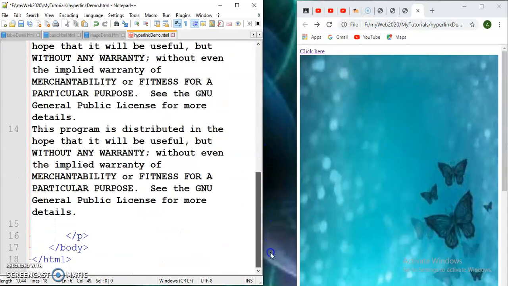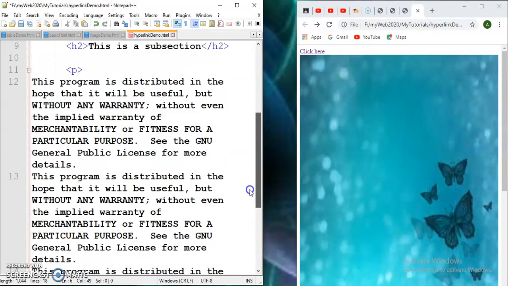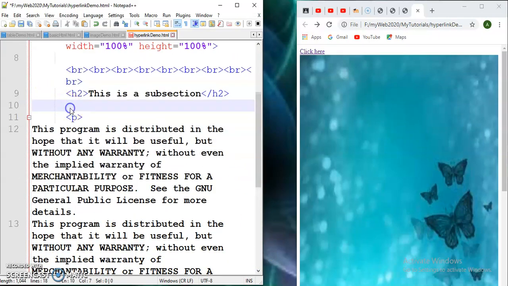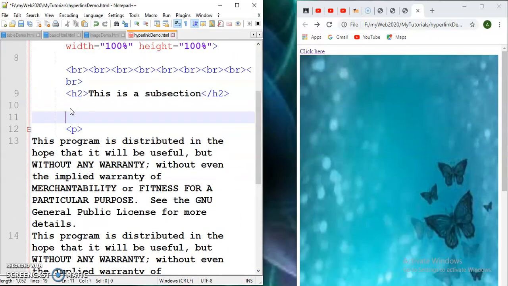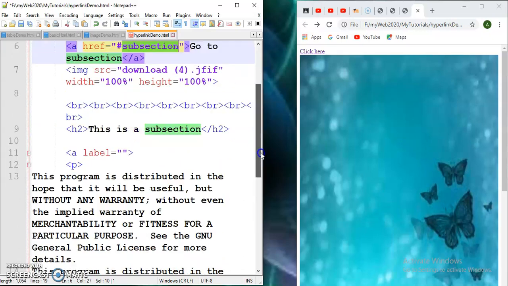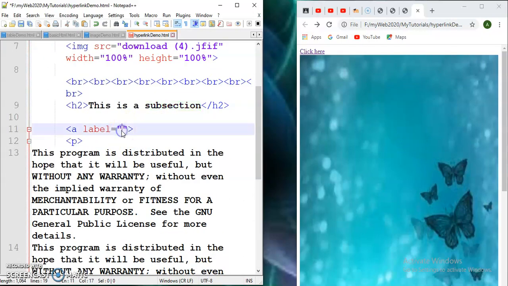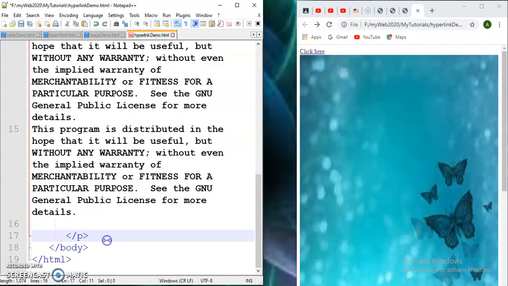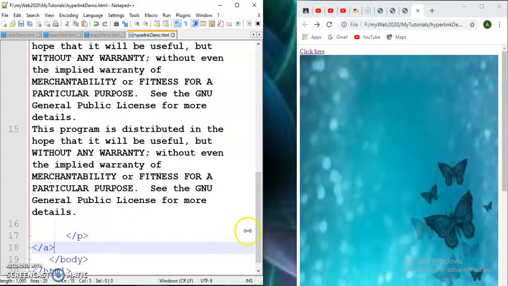and here I need to give, before the paragraph, one anchor tag with a label, which is the same as this subsection. I need to give the label here.